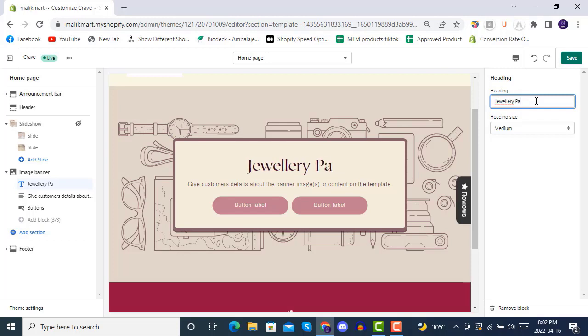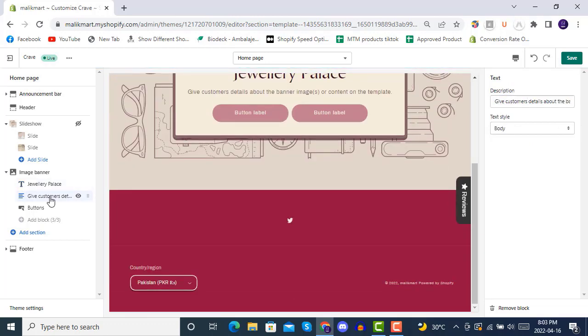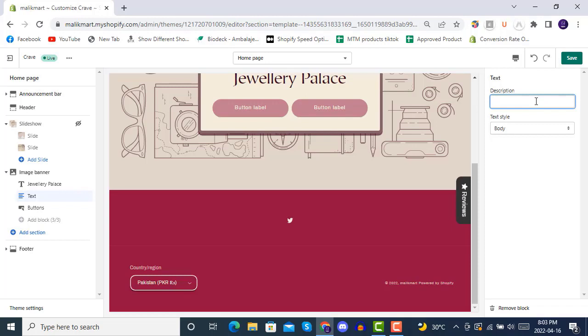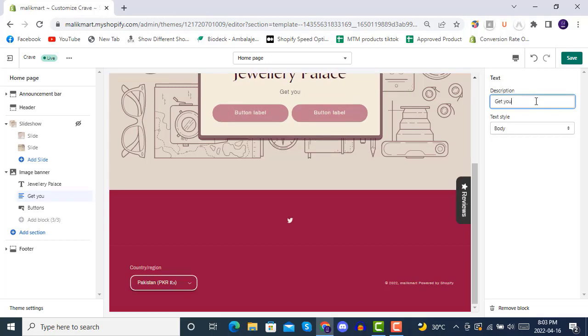jewelry palace, and then you can click on description here, get your best chains and necklaces here,